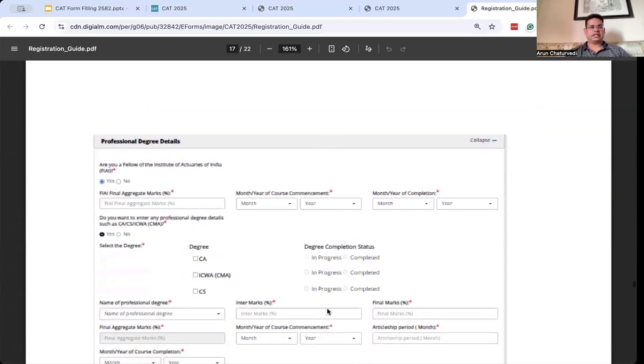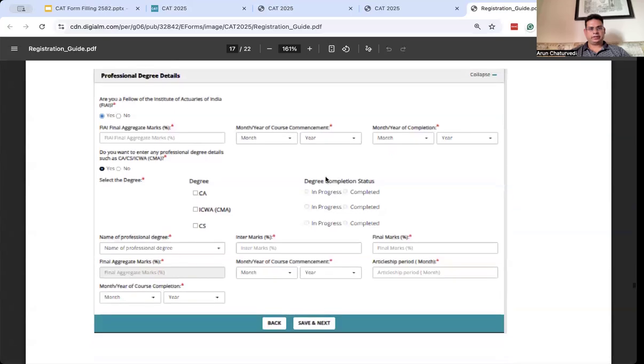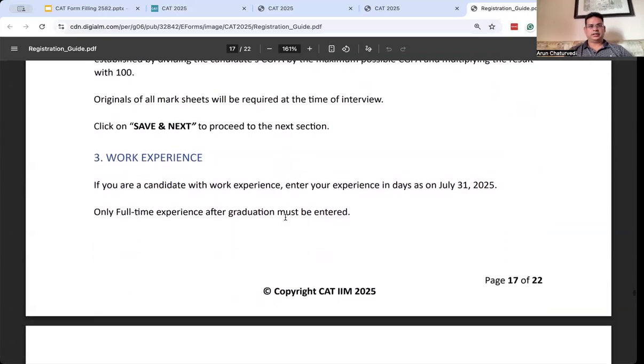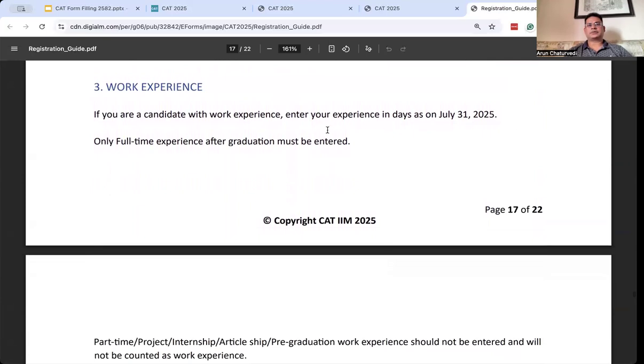If you have some professional degree like CA, CS, ICWA, you can fill the status as in progress or completed and fill all this here. Then you come to the work ex. Please read all this. Whatever I am telling is written here, but you can read it once. Then you come to the work ex part. Work experience has to be